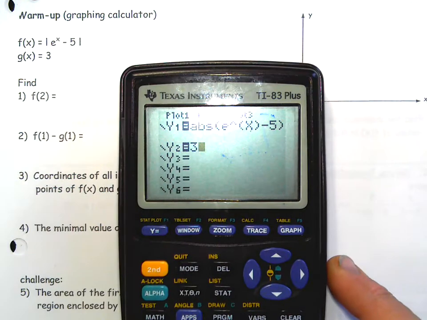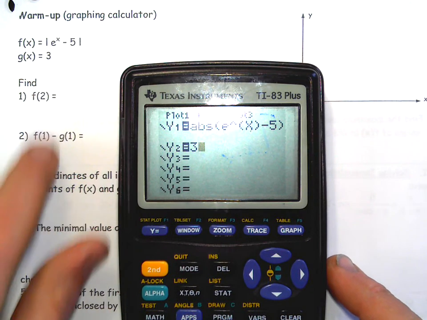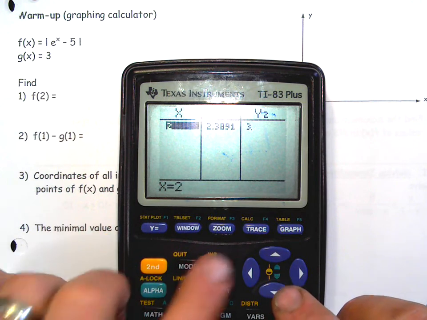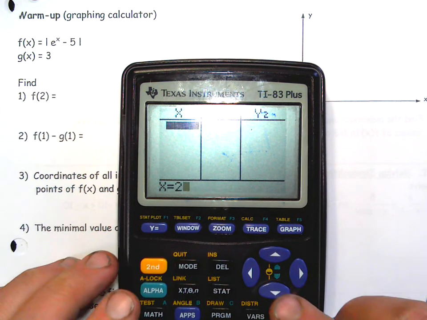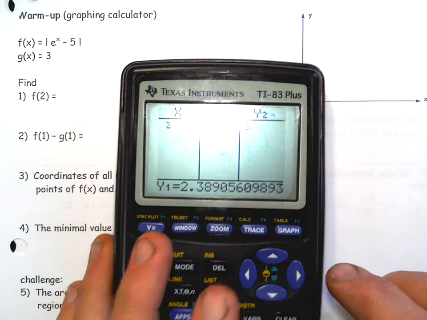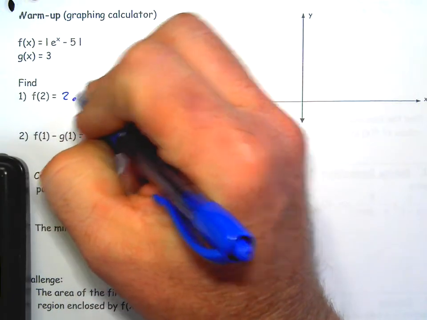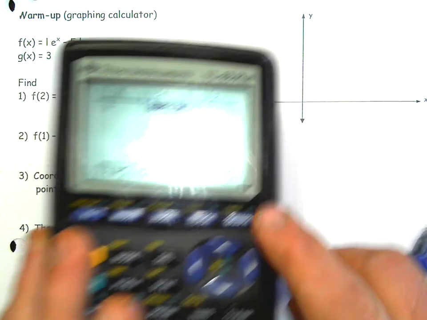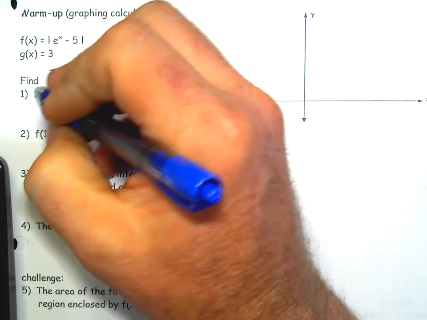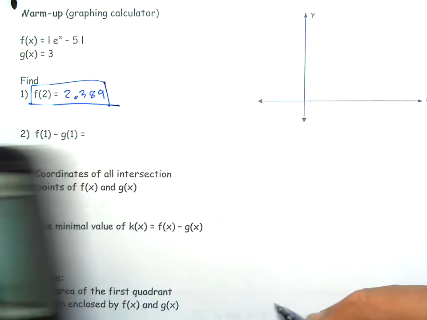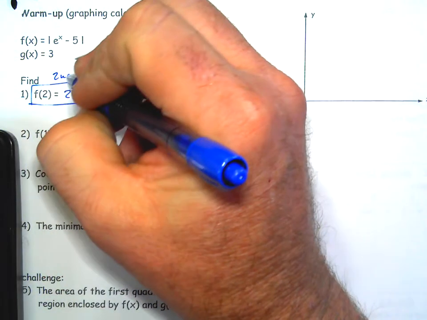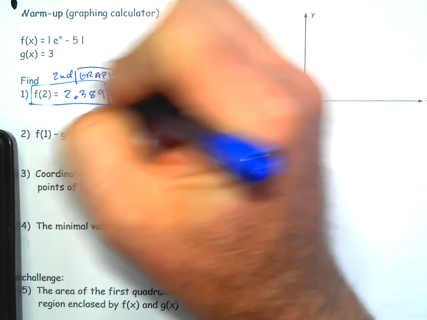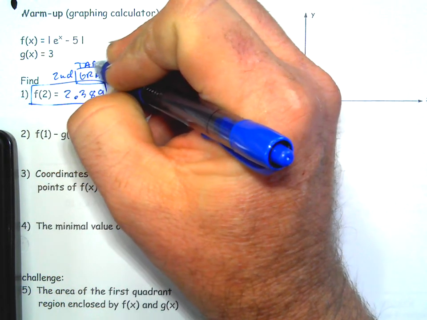Now, I don't know if we need to graph these yet, but we could just go in and use the table for these. We could go second table. Now, there might be some values from before. So we press 2. There you go. You have 2.389. Rounded or truncated, it's the same. So that's your answer there using table. So remember, second graph button is how you get to the table on these TIs. So whatever calculator you're using,